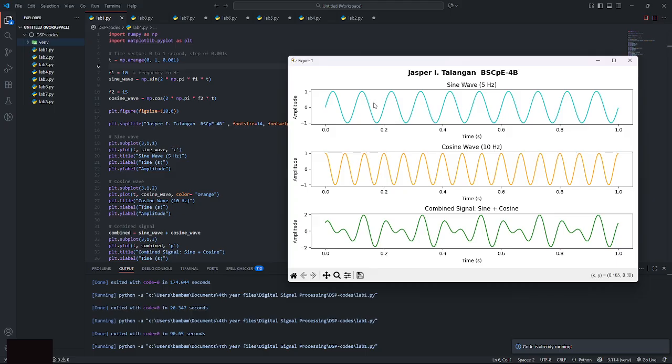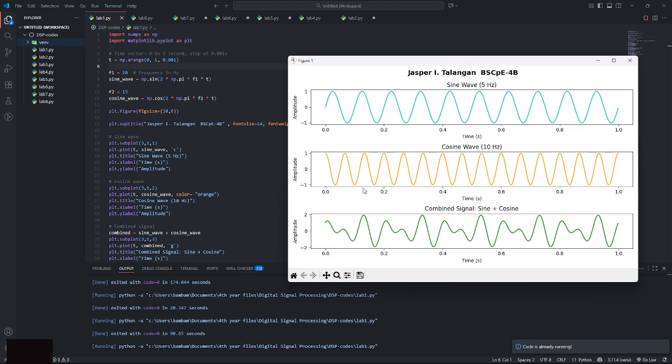And the cosine wave, for which I set f2 to 15, now oscillates 15 full cycles per second, 1 through 15. That's how the number of cycles affects the signals, and the phase affects where the wave starts.